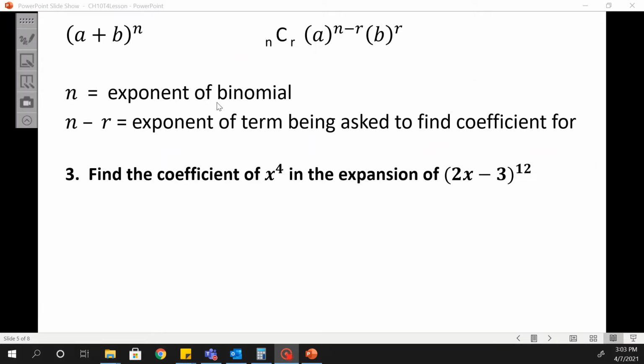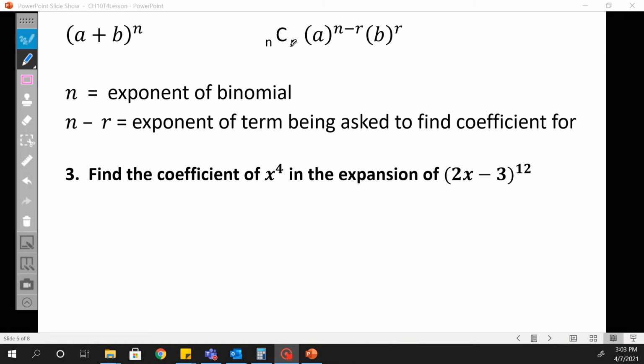Okay, now we can also use a certain formula to help us calculate a specific coefficient of a certain term. Let's say that we don't want to expand the whole thing out. We just want the coefficient that's in front of a certain term. So we can use this formula up in the corner here: n choose r times a to the n minus r times b to the r, where n is the exponent of the binomial, so right here, and n minus r is the exponent of the term being asked to find